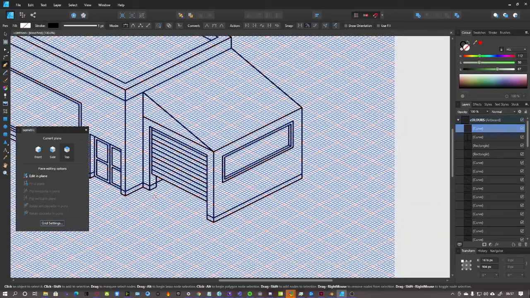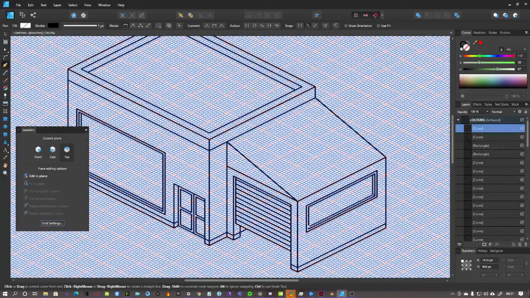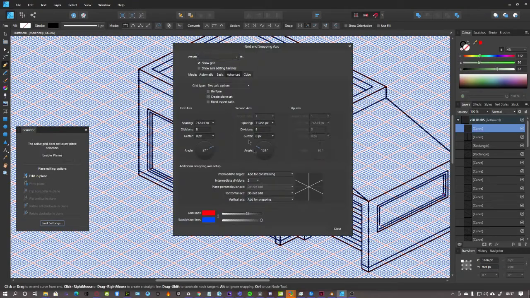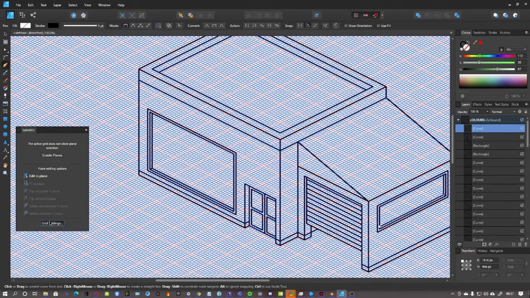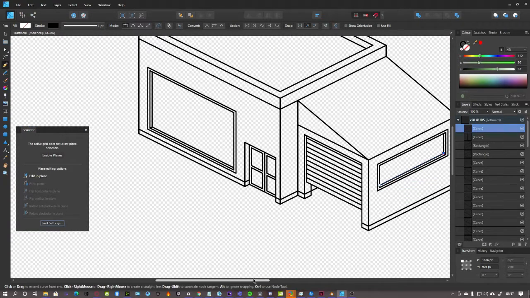There we have it. I've got a little bit more detail to it. It's looking nice. And of course, you can add detail to the roof. You can even add signs and stuff. But I'm not going to do that because I don't want to. And the reason I'm not going to do that is because I want to show you how to do some